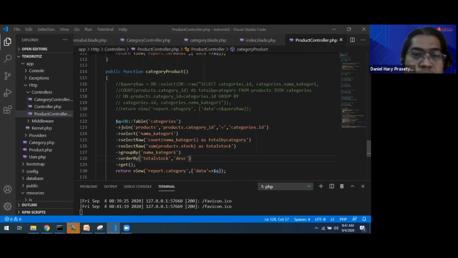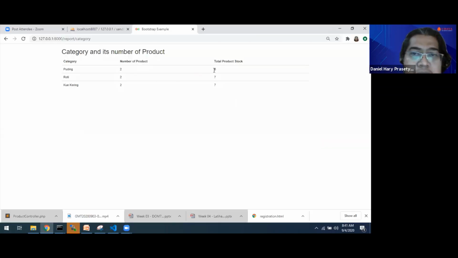If we want to filter, this one will filter, for example, just the total stock that is more than 7.